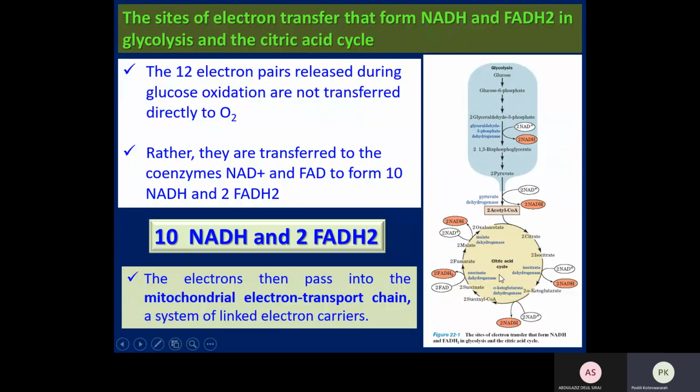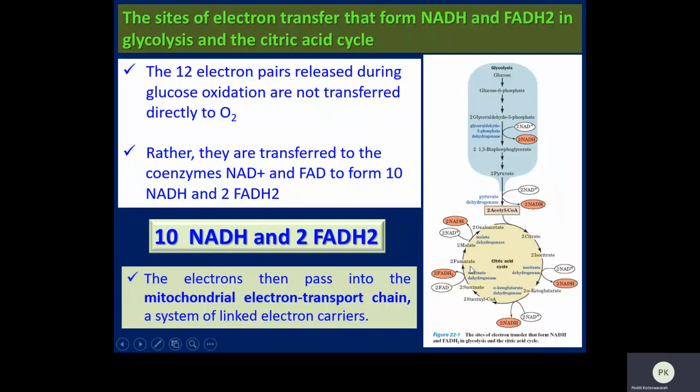This acetyl-CoA further enters into the TCA cycle, and in the TCA cycle again it produces the reducing equivalents NADH and FADH2. So from one molecule of glucose, the NADH and FADH2 molecules are produced both in glycolysis and the TCA cycle,